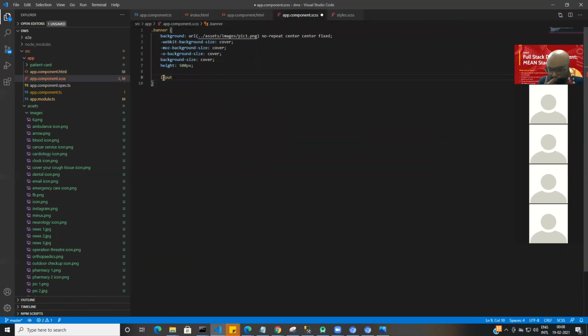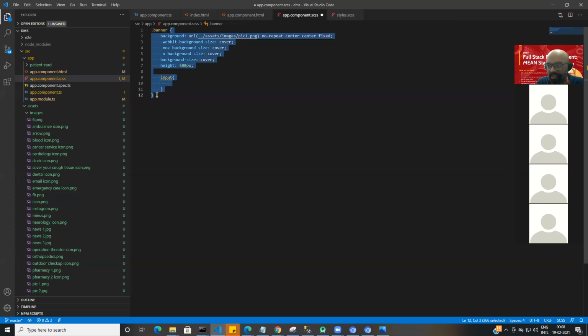When you're talking about HTML tags, you don't need to put a dot or hash. You put dot for class, hash for ID. If you have not put dot or hash, the browser will understand that this is your inbuilt HTML tag, which it is. So input is an inbuilt HTML tag. Whenever you see input inside the banner, I am putting it inside banner.